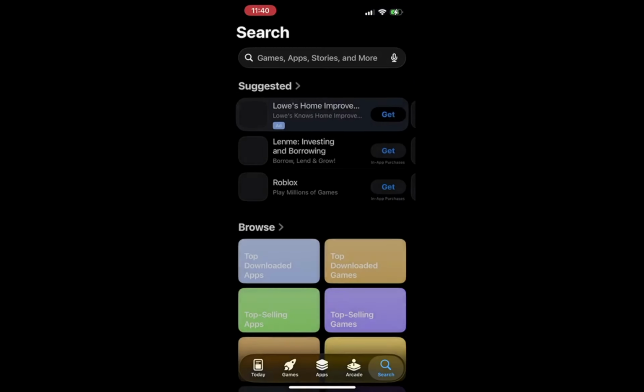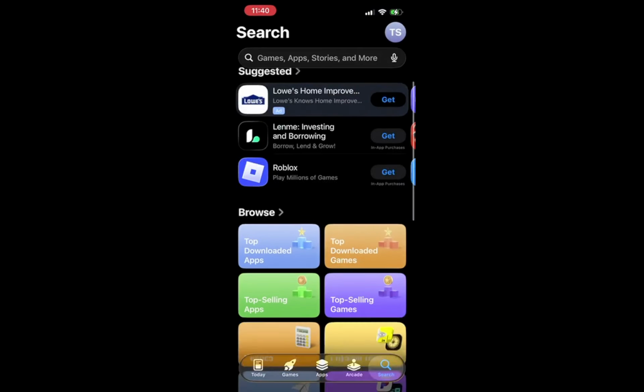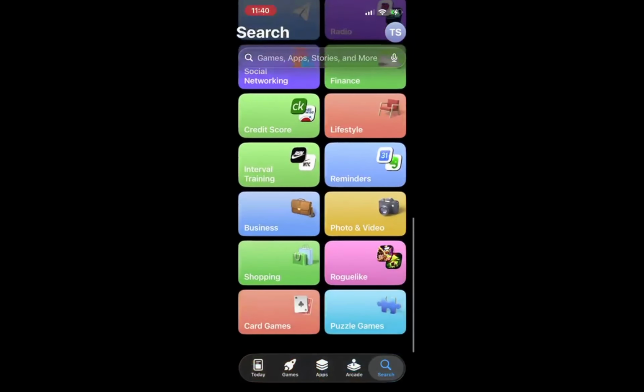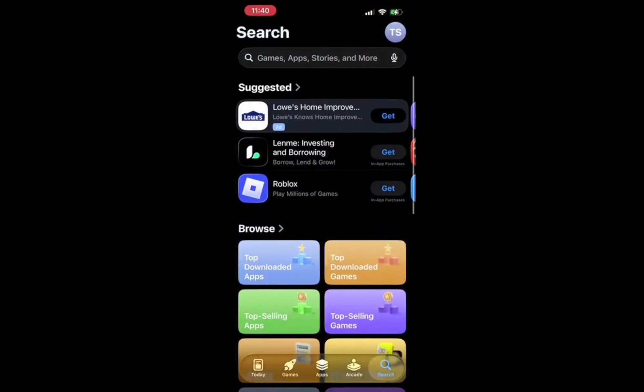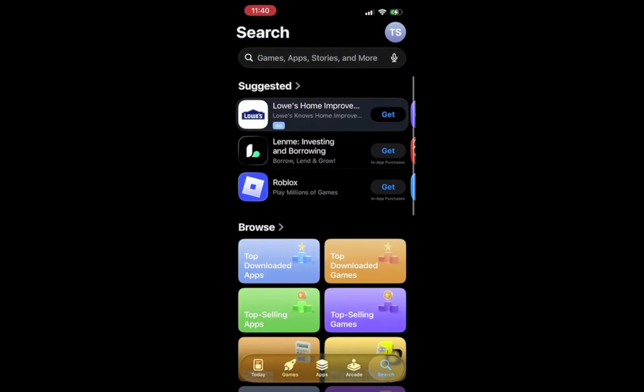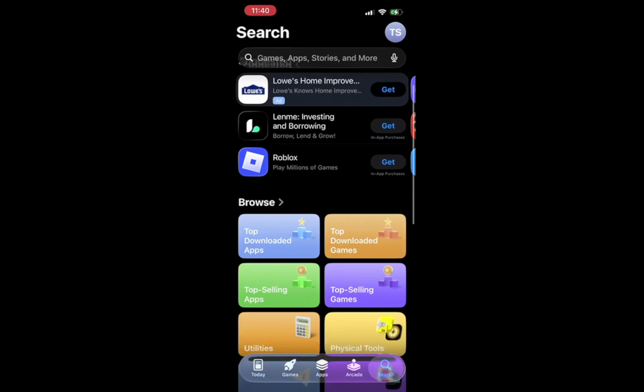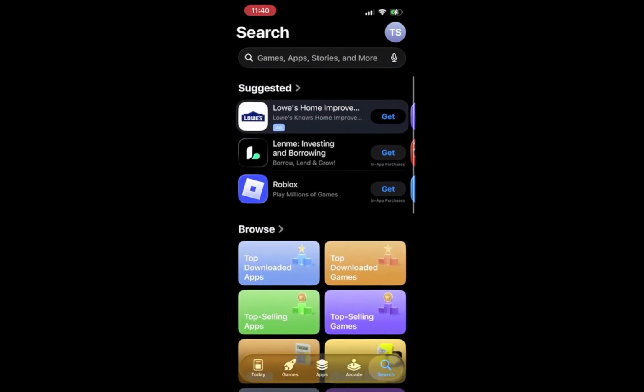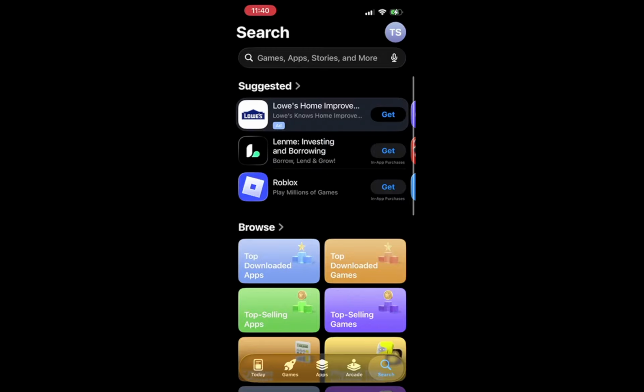When you open the App Store, you will see a clean interface with several tabs at the bottom, such as Today, Games, Apps, and Updates. These tabs help you navigate through the store easily. The App Store is a secure environment provided by Apple, so you can feel confident about downloading apps from here. Once you locate the App Store icon, simply tap on it to launch the application.